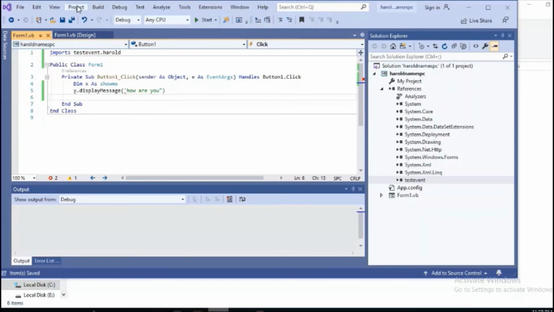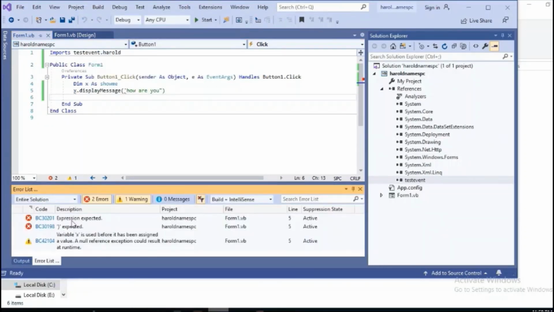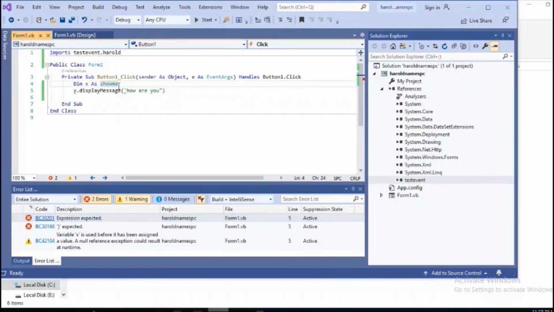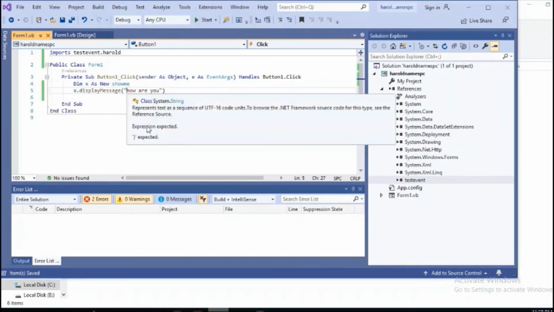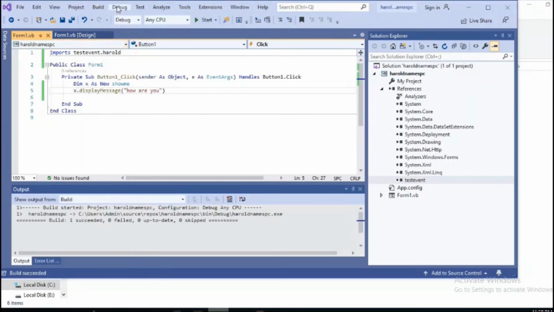That's what I'm going to do. Now we are going to build the solution.